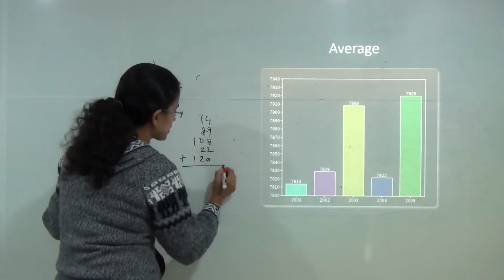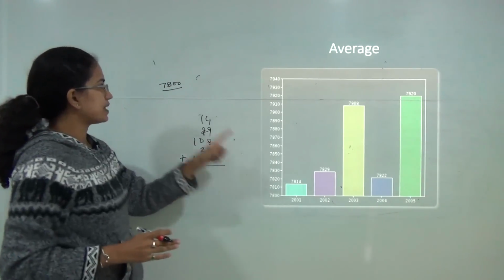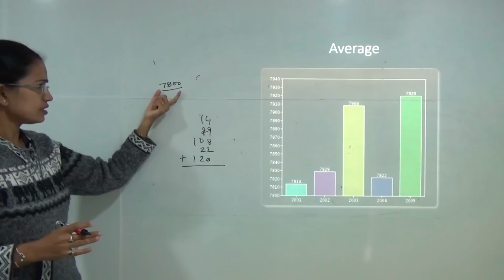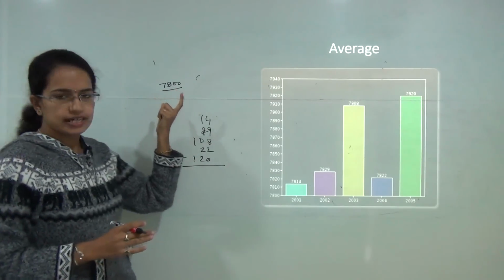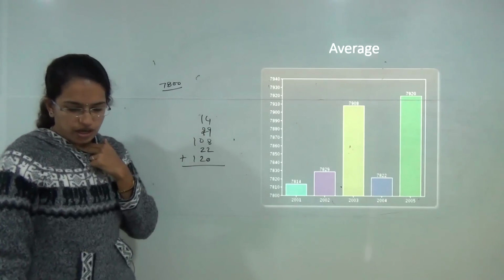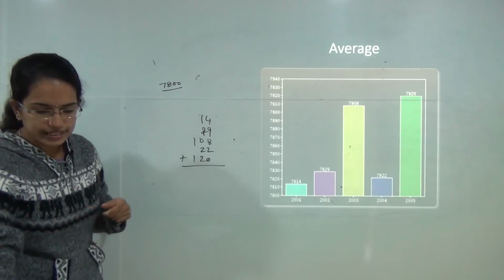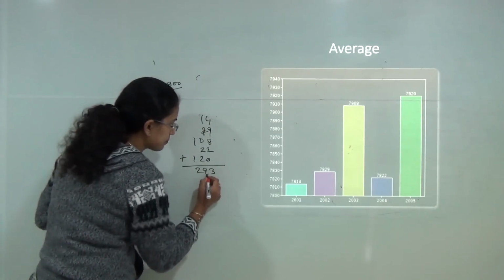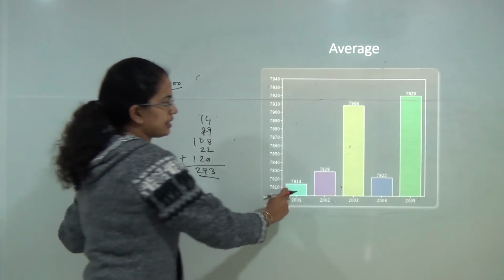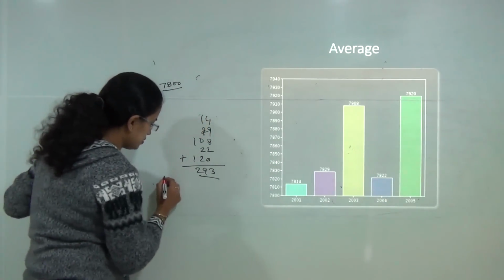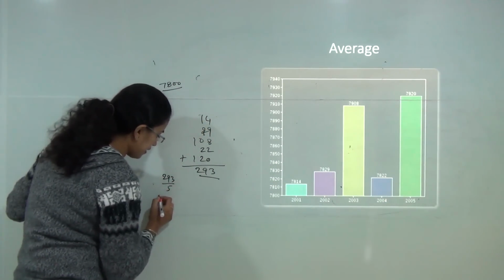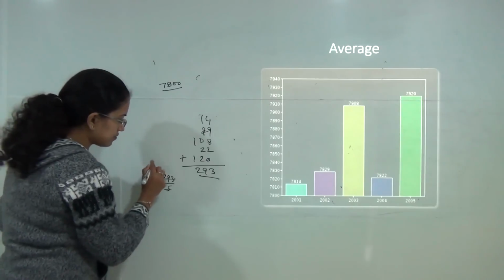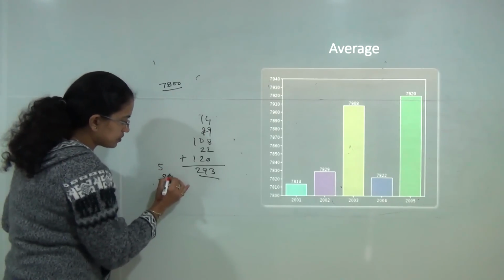That means you will add all the remaining values except 7800. So when you add all these values, you get an answer of 293. Now this 293 is divided among 5. So 293 divided by 5, I can simply say 5 5s are 25 and 4 carry over. So you would have